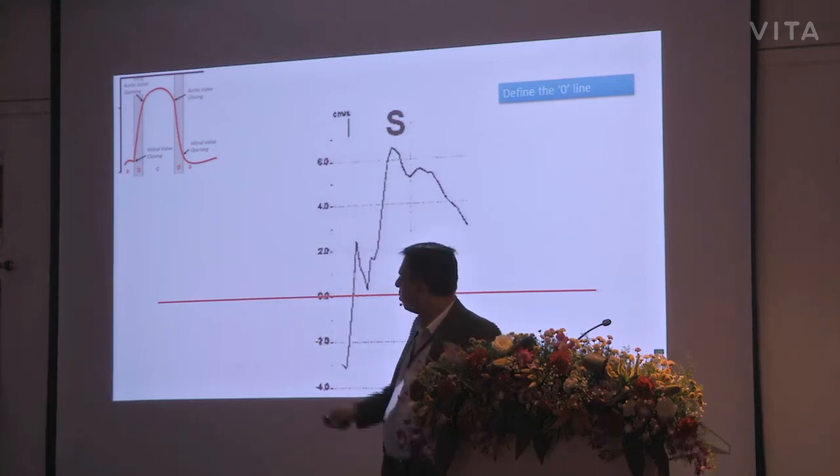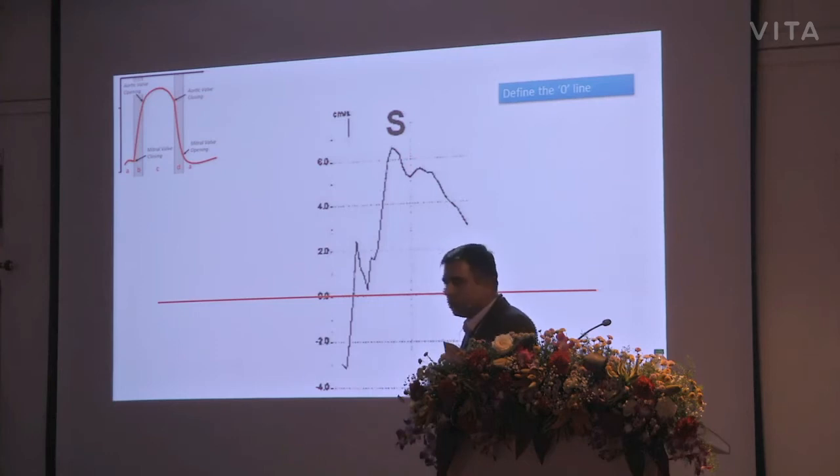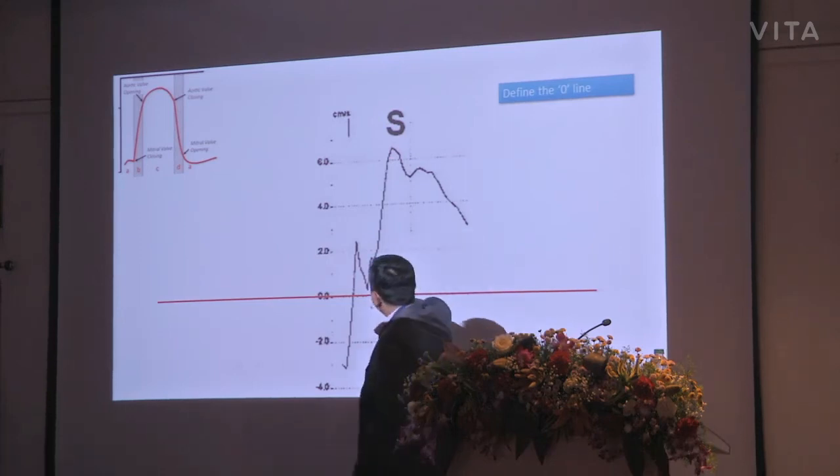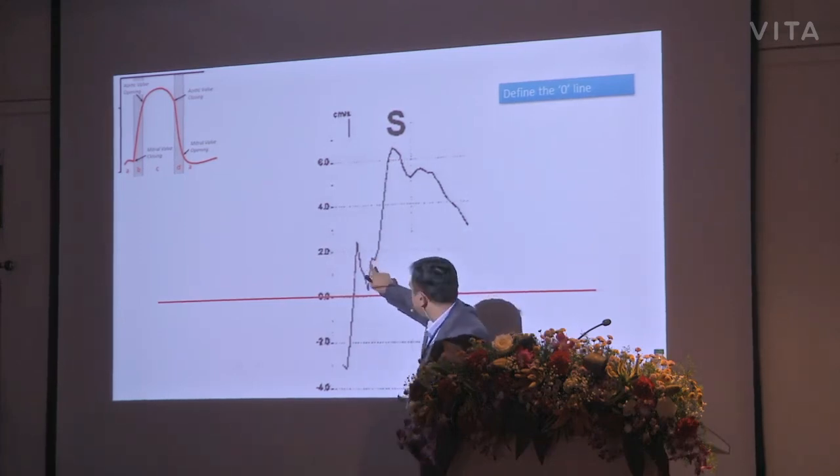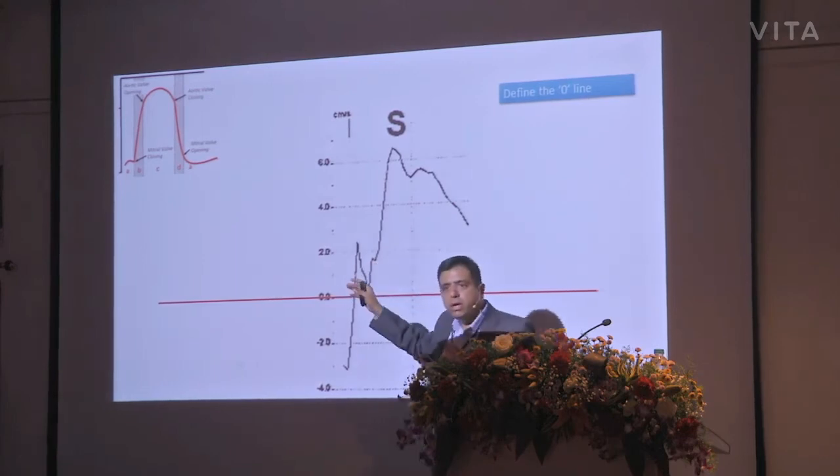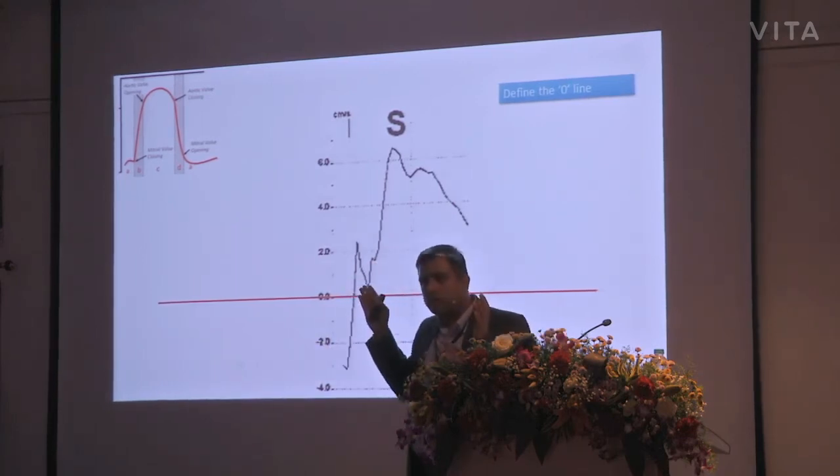We don't need to worry about it. So in this velocity curve, you know the S, which is the maximal systolic velocity. The point of origin of this curve, where it takes off, is the point of the aortic valve opening. So at this point, the aortic valve opens, and because the aortic valve opens, the systole starts, and there is